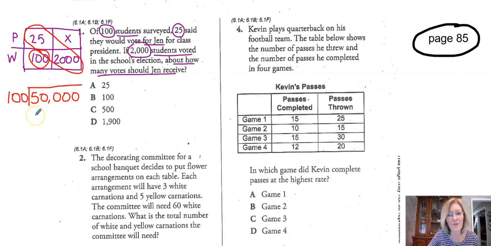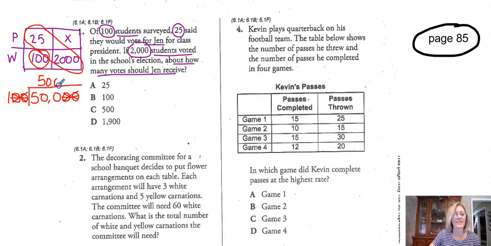Do you remember how to divide by things that have lots of zeros? I can think of it like this, okay? I want to take the 2 zeros off of here. Whatever I do to this side, I can also do to this side. So I don't have to look at those zeros anymore. I don't have to look at these zeros anymore. And I just have a 500, 500 divided by 1 is